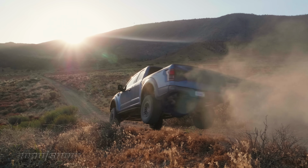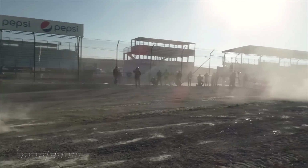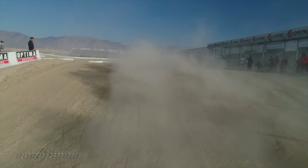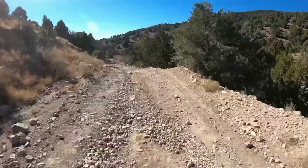The next thing you need to go fast is suspension. The Raptor sports an independent front suspension with internal bypass Fox shocks that are computer dependent. That's to say, the live valving can adjust the shocks in real time depending on what the Raptor is going